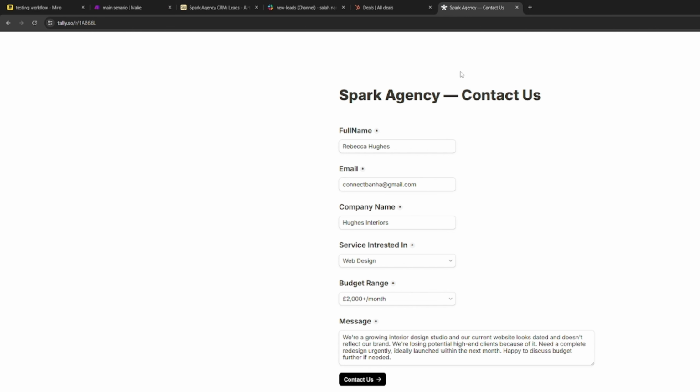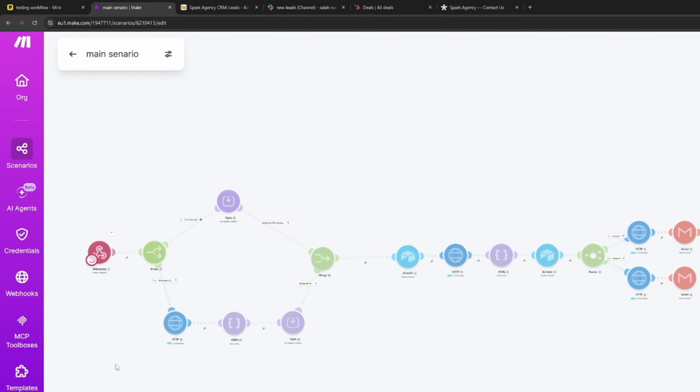Put in the paid data, and then I submit the data. Okay, you can see the workflow is running, and the data is going through all these nodes. I'll show you all the data flowing through these nodes. Firstly, we have received the data here in